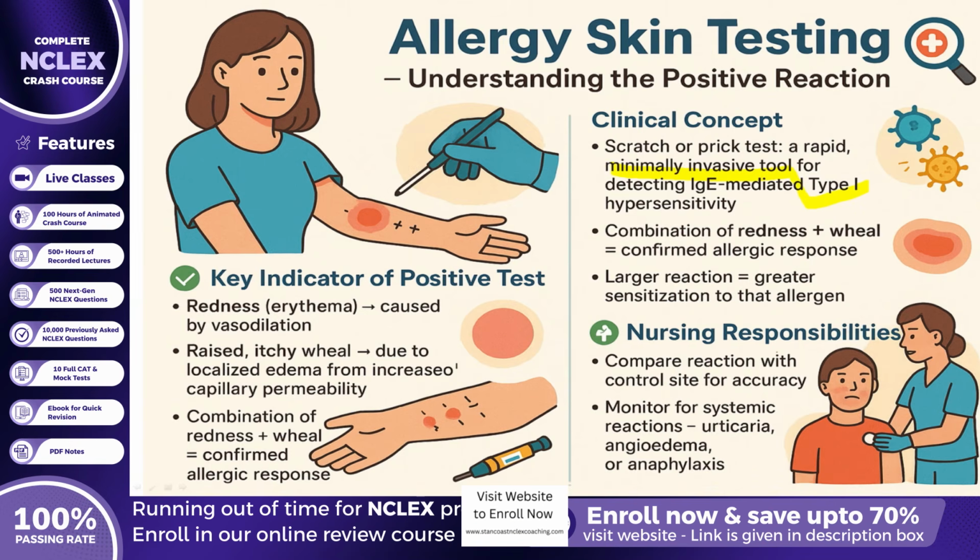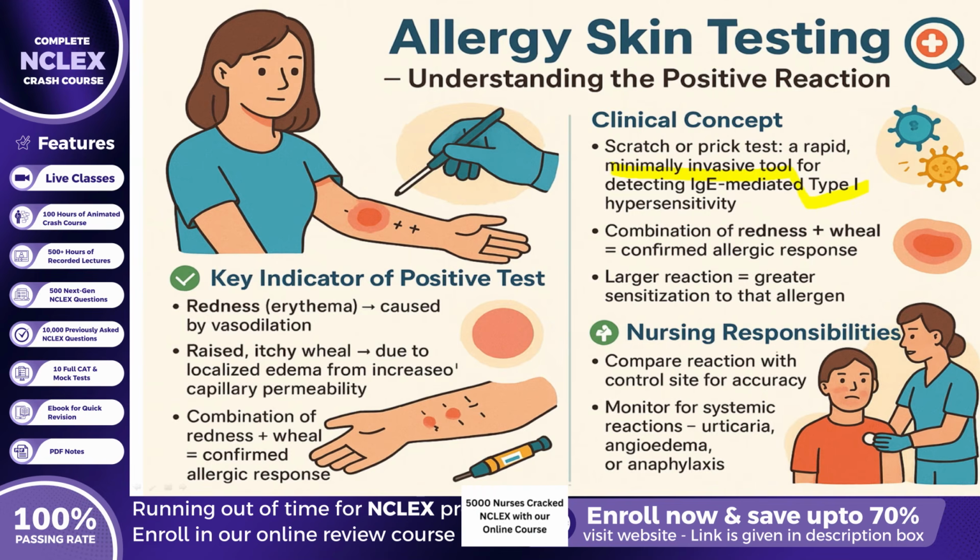The redness or erythema results from vasodilation, while the raised wheal represents localized edema caused by increased capillary permeability. When these two appear together, they confirm a positive allergic response. A red, raised, itchy lesion therefore demonstrates that the immune system recognizes the allergen as a foreign substance, triggering a type 1 hypersensitivity response. The nurse compares the size of the wheal and surrounding redness against a control site to